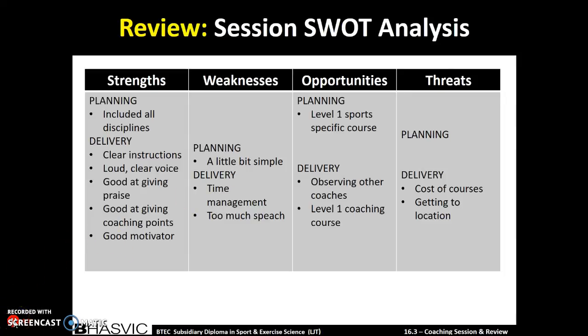By doing this coaching course, I would hopefully be able to make this weakness one of my strengths. An opportunity is there to improve the fact that I spoke too much in the delivery of my session. So one way I could think about doing this is possibly getting someone to video me leading a session,